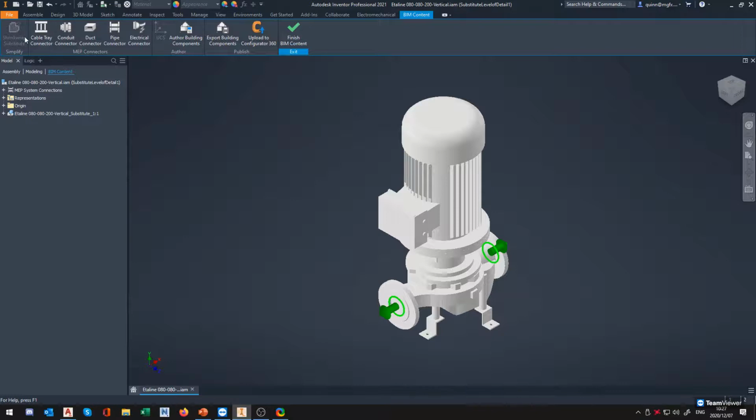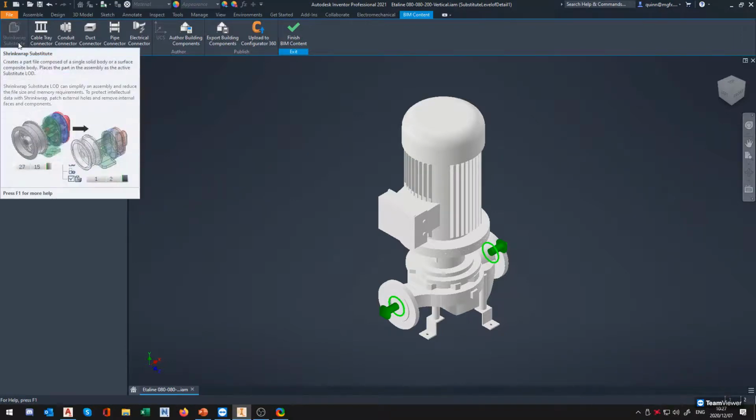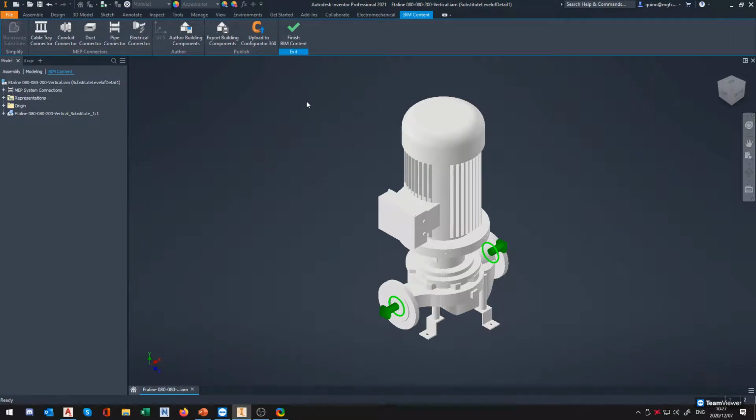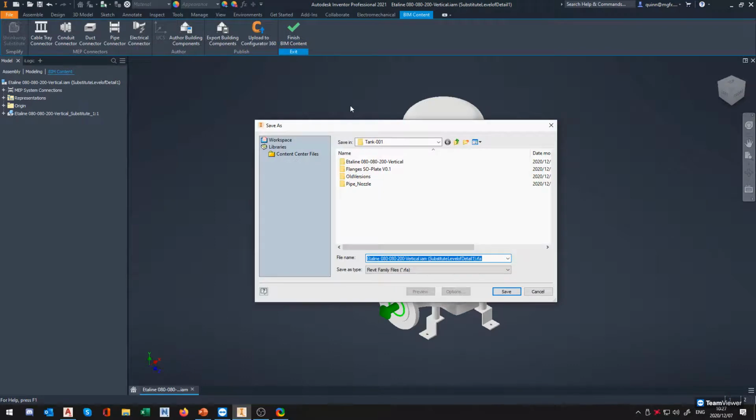Notice the shrink wrap has become grayed out. And now I'm going to do the interesting thing, the export building components. Now, Gert, you just asked about exporting to Revit. You can actually see in here we can export to a Revit family file. Normally this would probably be for your other MEP systems, etc. In this though,